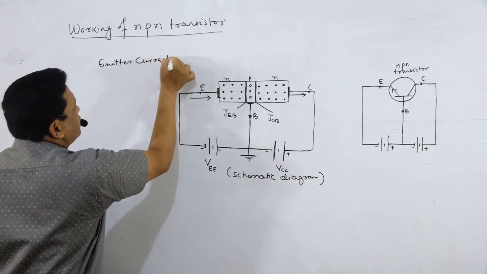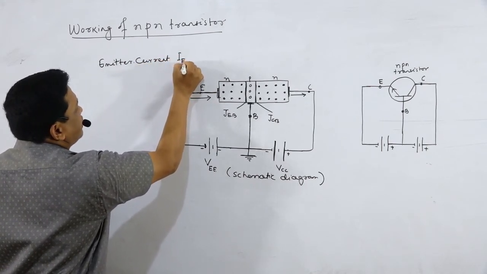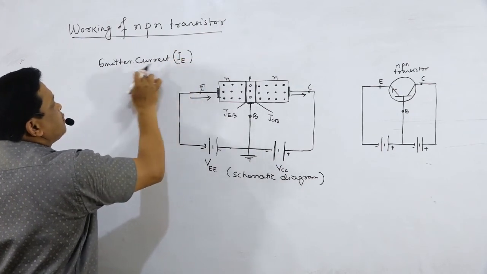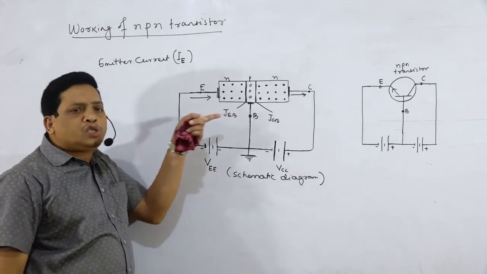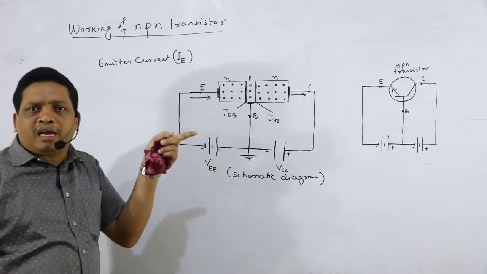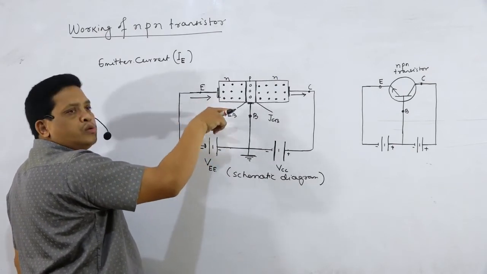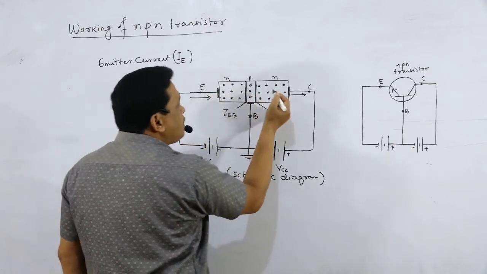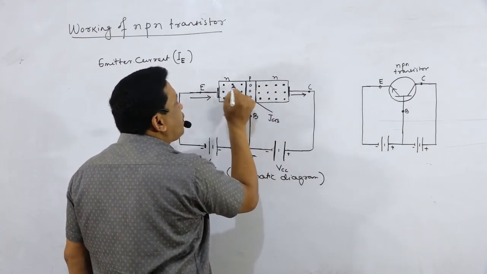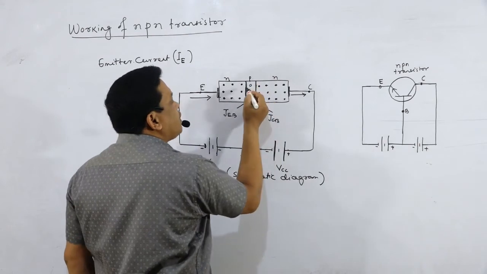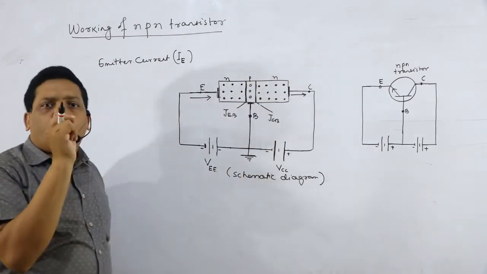You can take the symbol like this, capital I having a subscript E. So IE is the symbol for emitter current. So when the electrons flow in the emitter region, the input current or emitter current flows. And when these electrons move from emitter towards collector, a few number of electrons combine with the holes in the base